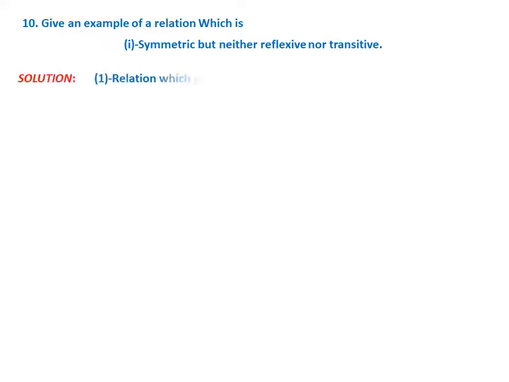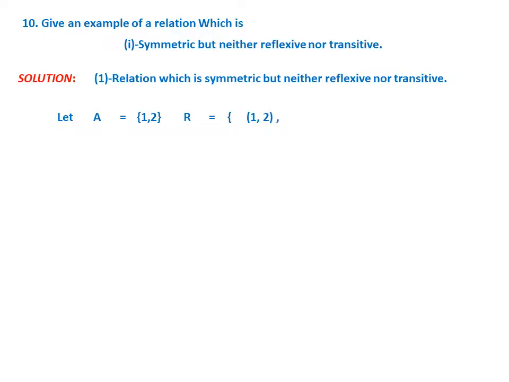First one: a relation which is symmetric but neither reflexive nor transitive. A very important thing here is, first you must write the set. Whatever set you take, for example, let us take a very small one, {1, 2}. Now the relation must be symmetric. So suppose you take (1, 2), immediately I have to write (2, 1), because it should be symmetric. Now close. It is not reflexive, very clear, because 1 is there but (1, 1) is not there, and 2 is there but (2, 2) is not there. Therefore it is not reflexive.